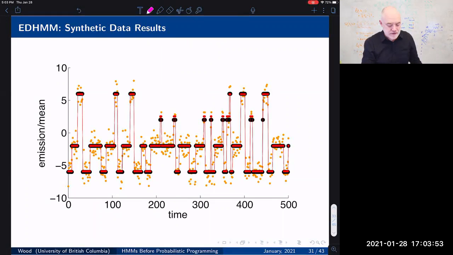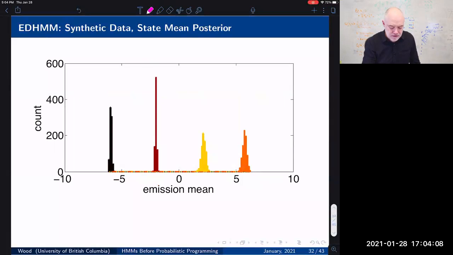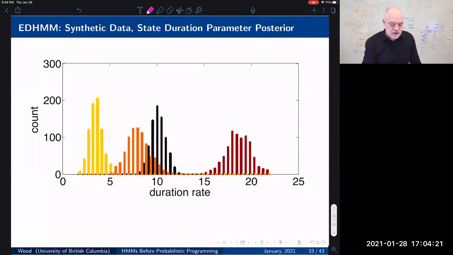And you can ask what the posterior distribution over the state means is, which are given by these red points, and the transitions between them with the characteristic dwells. So this does well on synthetic data, obviously. This is the posterior distribution over the dwell times that you get from running a big Gibbs sampling chain. So they're centered on the correct values. Fine, no big deal. The duration rates. So in other words, there's some posterior distribution over how long the states are. These are also centered on the correct